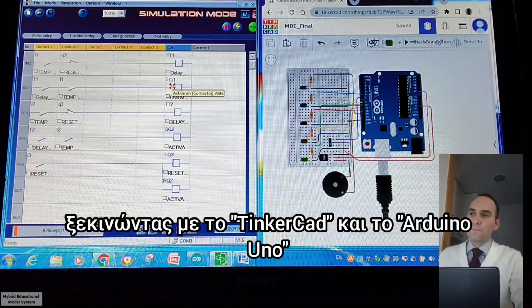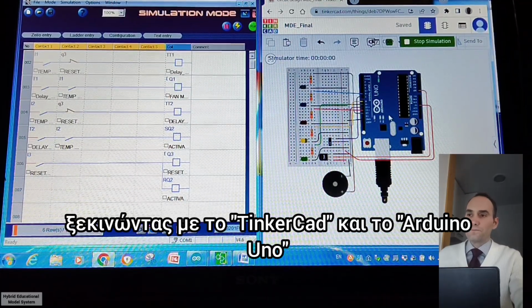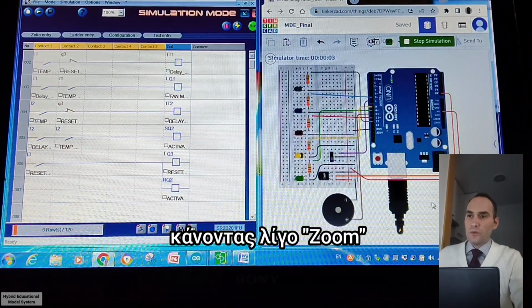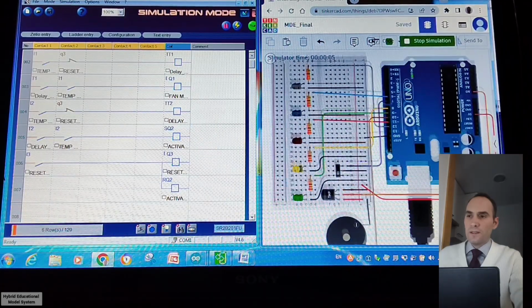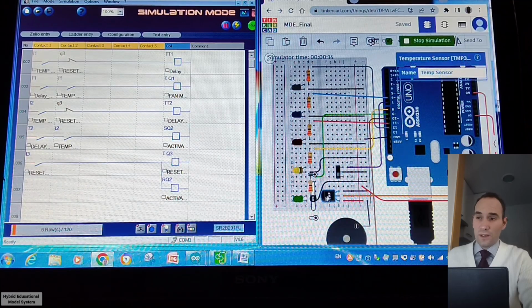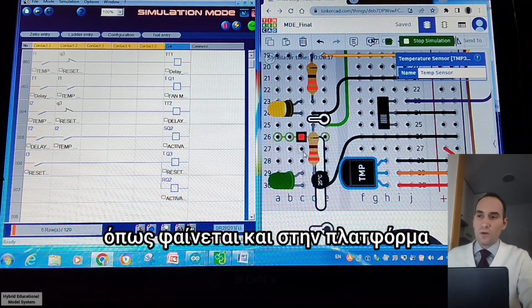So let's start, for example, with the Arduino Uno. Okay, we start the simulation, and if we zoom in, you're going to see the yellow LED. It means that the temperature is more than 24, and yes, it is 25, so that is the reason the yellow LED is on.